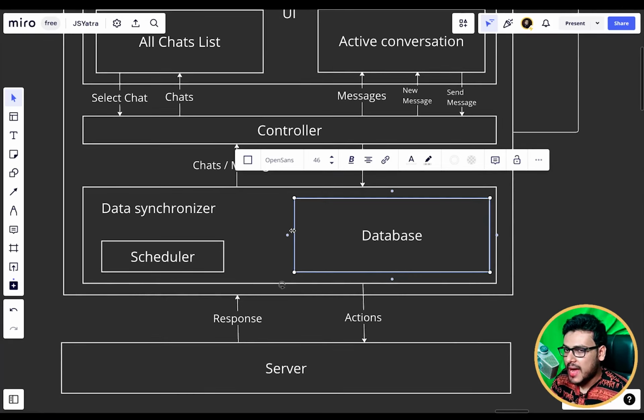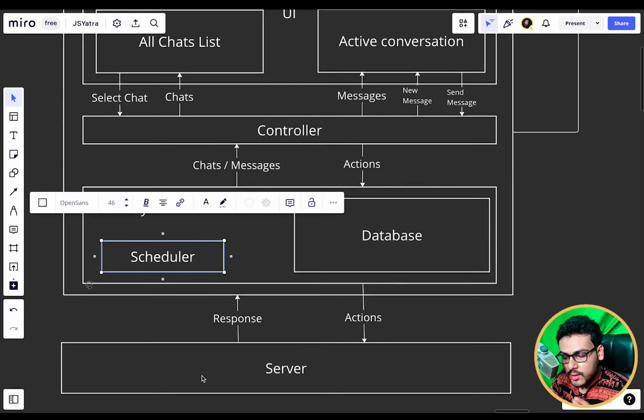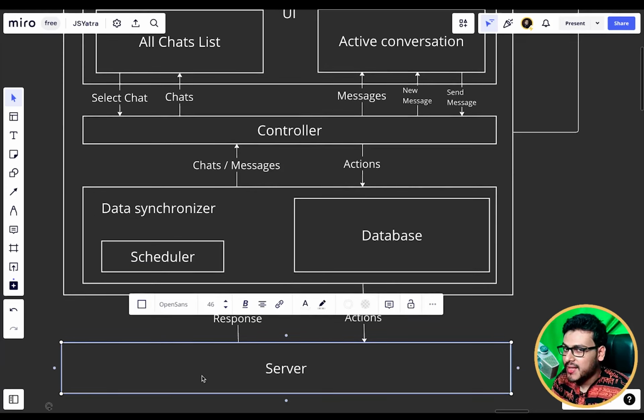I have to notify the backend: hey backend, a new message is being sent from this user. Why don't you take it and tell me what the final response is? So the scheduler picks the data with status pending from the database. It sends the data to the server via WebSockets. So it is not making any HTTPS or HTTP request. It is making a WebSocket, WS, request. I'll tell you what WS is in detail when we discuss the deep dive section. So now you are able to connect all the dots over here.